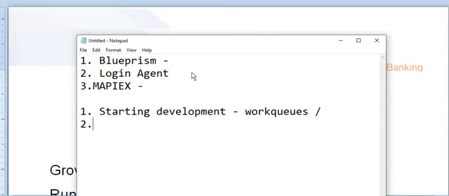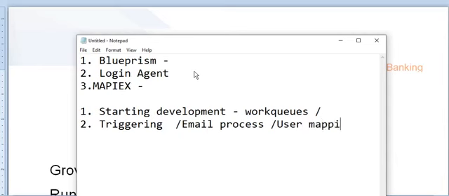In that case, you created some work queues, some trigger processes, some email processes. So all these things, and the login agent and user mappings and user alerts,